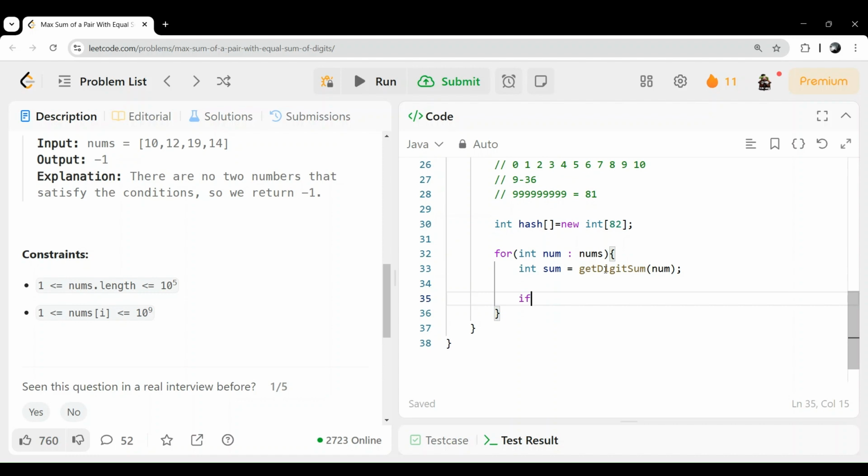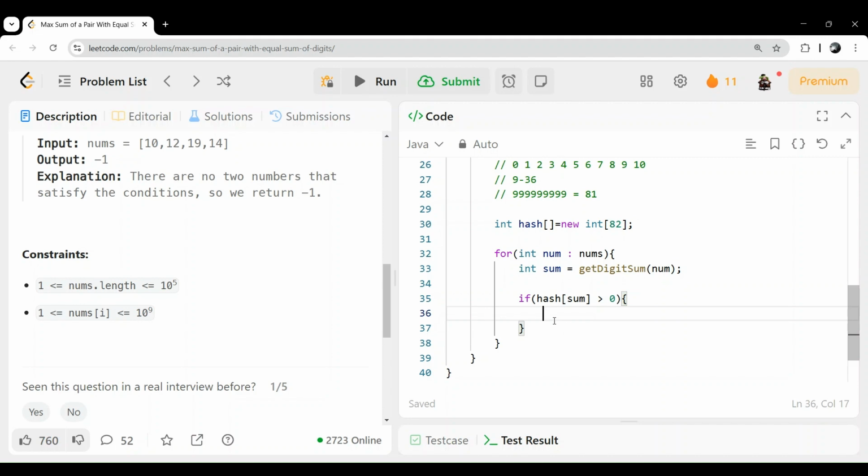Then first we will check if hash of this sum is greater than 0. That means there is already an element present. Initially all will be 0, and you can see our numbers can be from 1 to 10 raised to 9. So if it is greater than 0, that means we have something to compare it with.